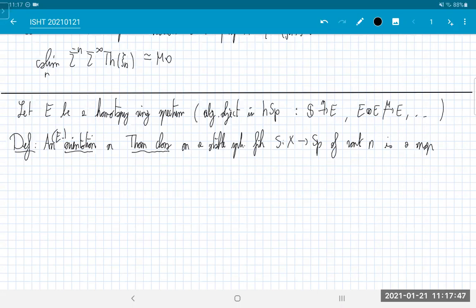It's a map from X_S to sigma^n E, and I'm going to call it theta, Thom,